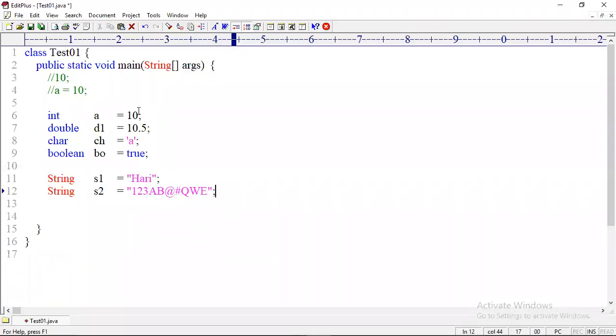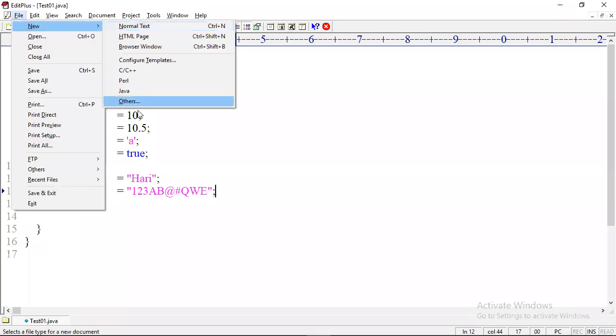So finally, in the first program we understood the syntax for creating a variable by using a data type. Directly you cannot assign a value to a variable. First you should create the variable, and then you should assign the value. For creating a variable and assigning the value, whatever type you want to store, that type of variable you have to take. Fine.